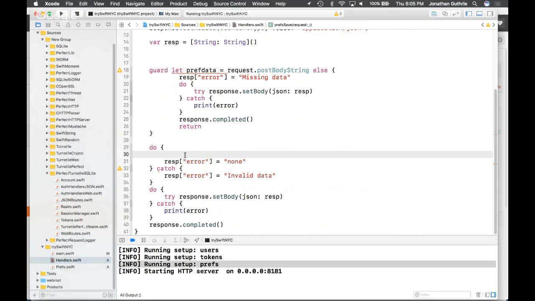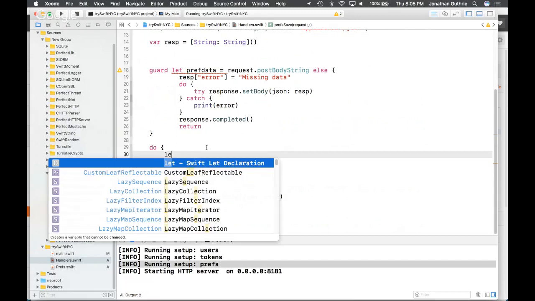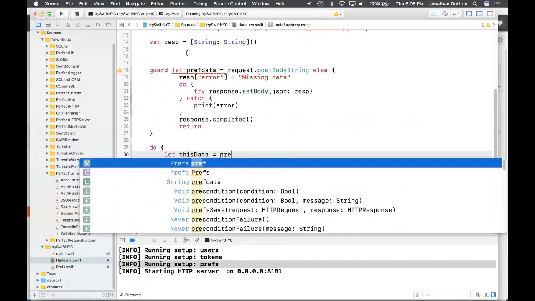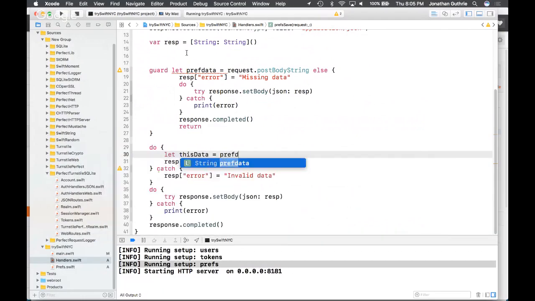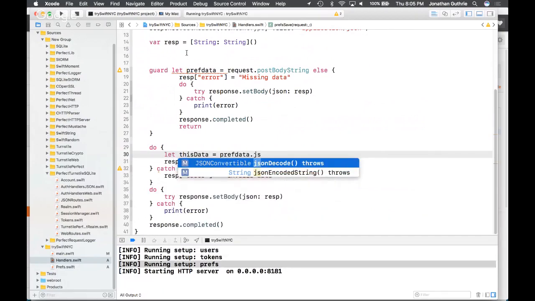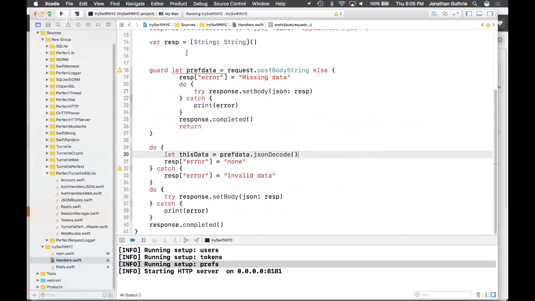Right. So what we can do here is let this data equals pref data dot, once again JSON, and we can see JSON decode. Because we then go try, it's going to error if it's had a problem.